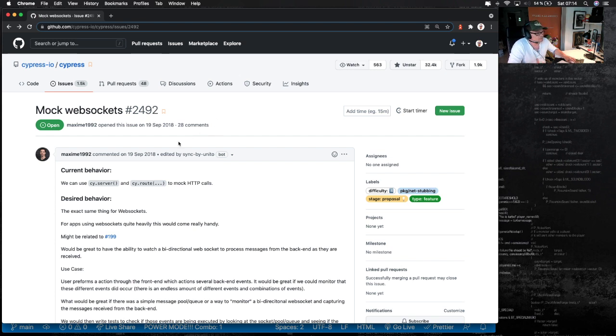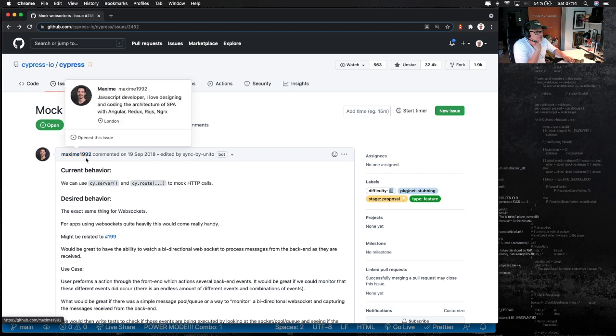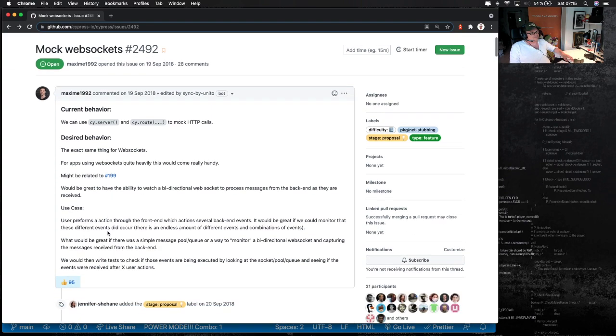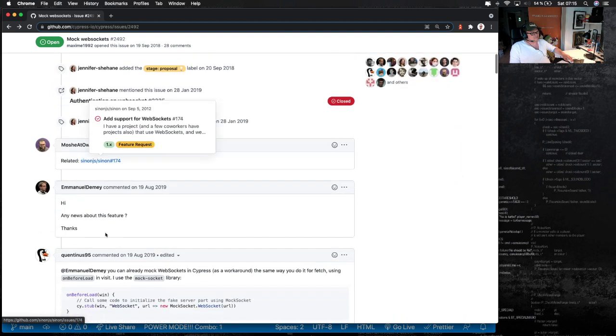in Cypress. Now, the question is originally from 2018, and Maxime1992 opened up, in my opinion, an interesting thread where he wants to basically stub out or intercept rather the call, the incoming HTTP request that is upgraded to WebSockets, and then kind of stub out the incoming and outgoing messages, I assume, right? And so there was a long discussion back and forward